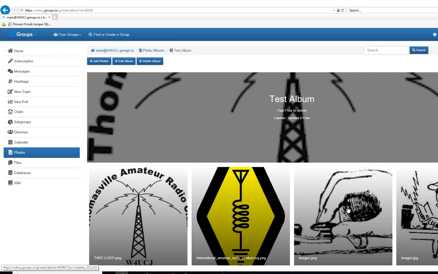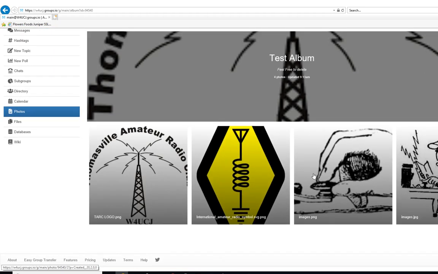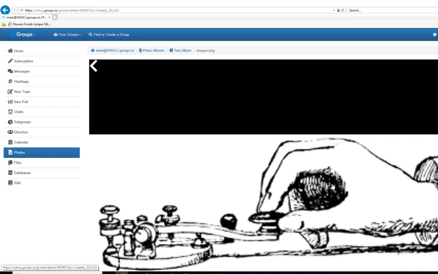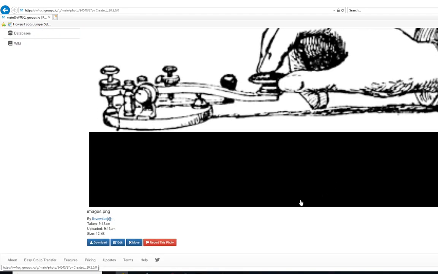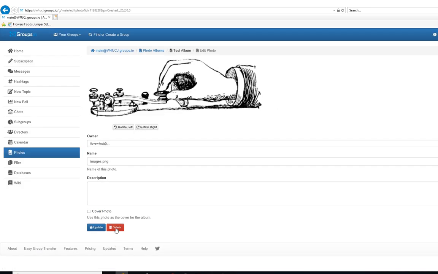If I decide, okay, this picture, I didn't really mean to upload this one, I can click on it, come down here to Edit, click on Edit, and I can choose to delete it. I can also go in and change the name of the picture. I can add a description. I can make this the cover photo for my album, but in this case I want to delete it, so